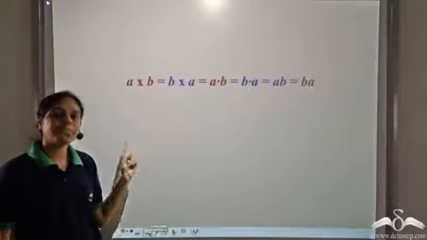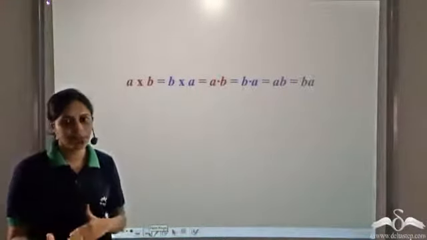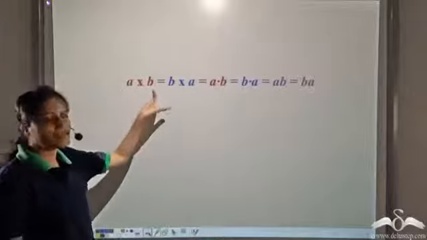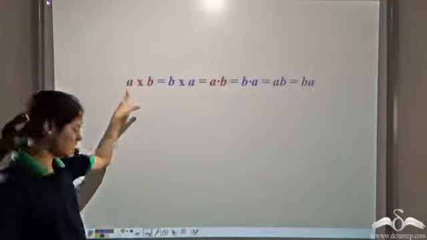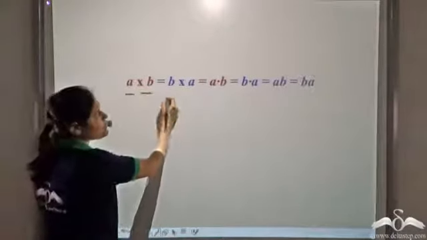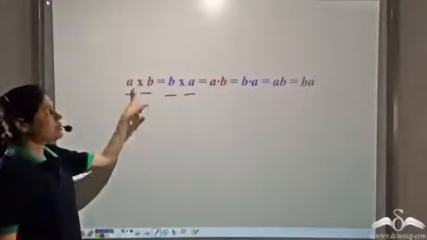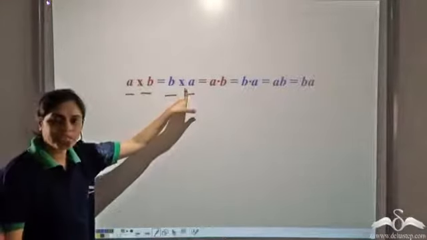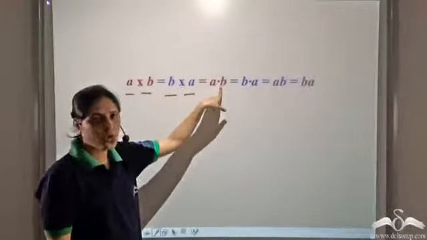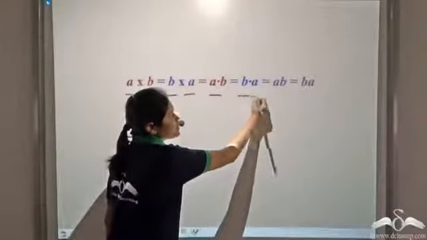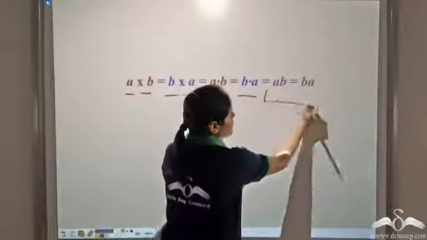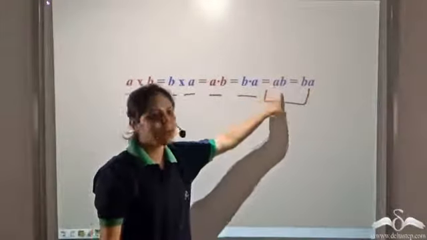Till now, we have multiplied a constant number with a variable. Now, how do we multiply two variables? Here a and b are two variables which are being multiplied. So a into b is the same as b into a. It can be written like this or it can be written like this. Instead of this multiplication sign, we can write a dot. So a dot b or b dot a, but we normally write it like this, which is ab, ba.